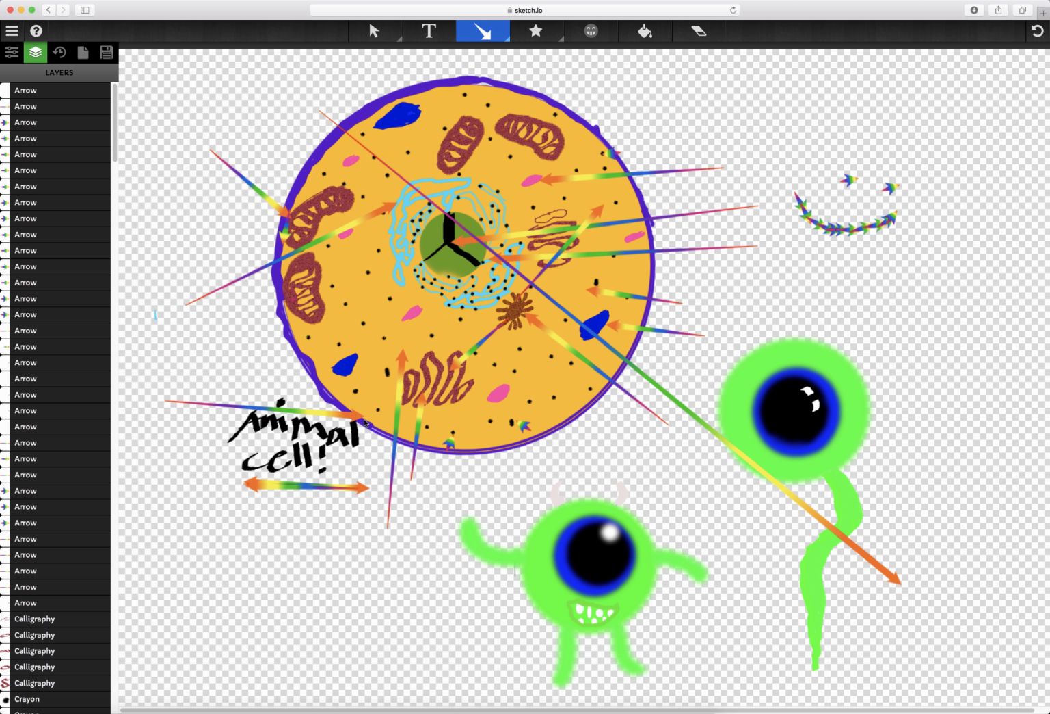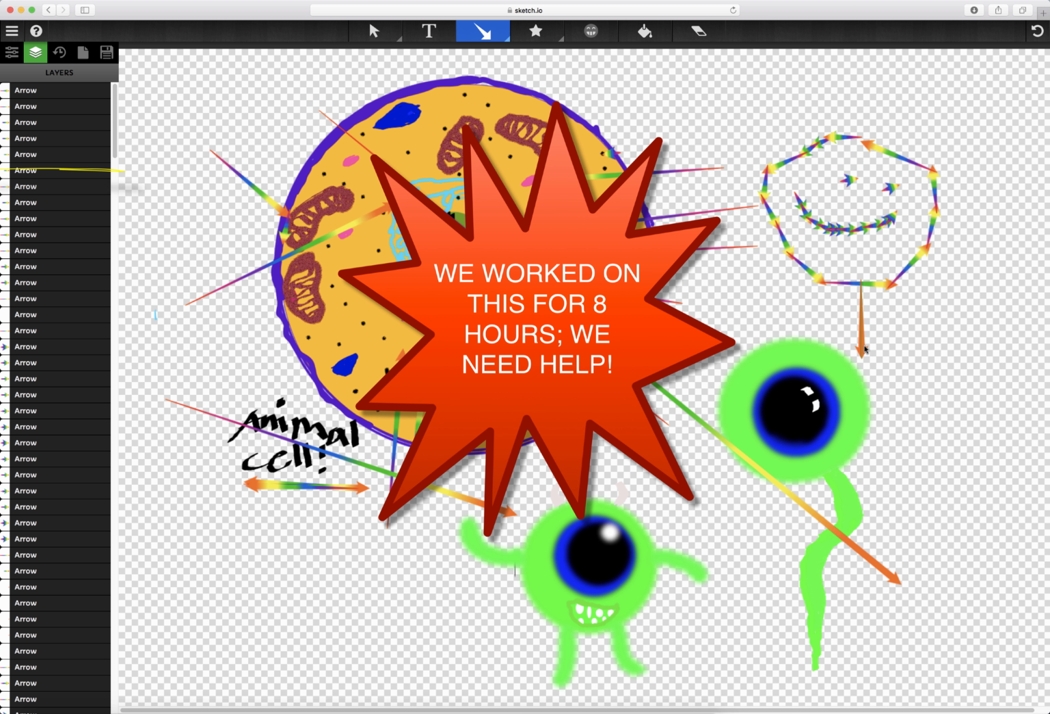So as you can see, a cell is kind of like a city. It's got all the things to keep it in line, the boss, like the mayor and stuff like that. The cell wall, kind of like making sure who gets in and who gets out. And so you can relate the cell to a city. So that is the animal cell. Hope you learned something from it, and